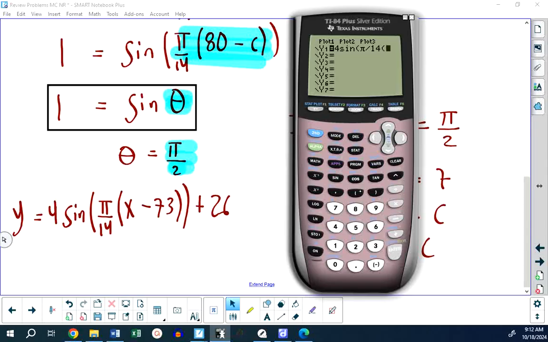So I have sine of bracket pi over 14 bracket x minus 73. I close the brackets on the x minus 73. I close the brackets on the argument of the sine, and then I go plus 26. And this is maybe leading up to the next unit. Zoom trig is a waste of time. Zoom trig